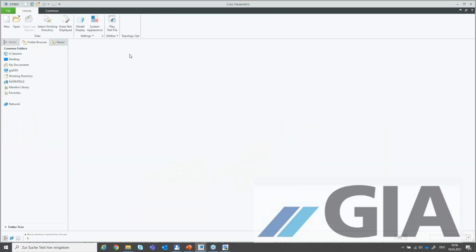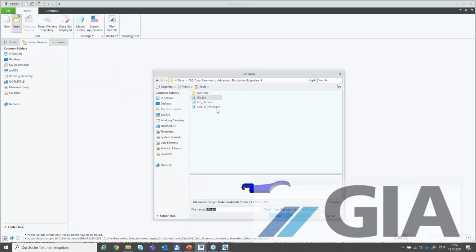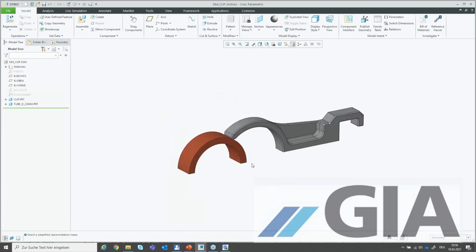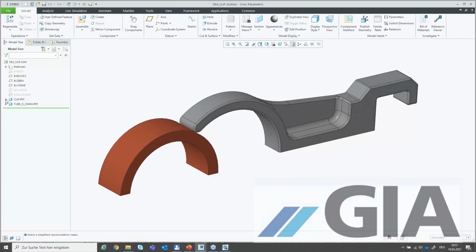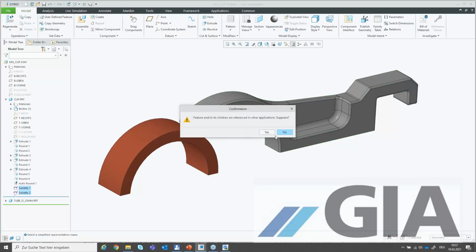Okay, let's go now for a more advanced example. Therefore, I'm changing my working directory to that guy here. Maybe you already saw that clip simulation on YouTube, but I think it's quite an interesting example. So we have here a plastic clip,